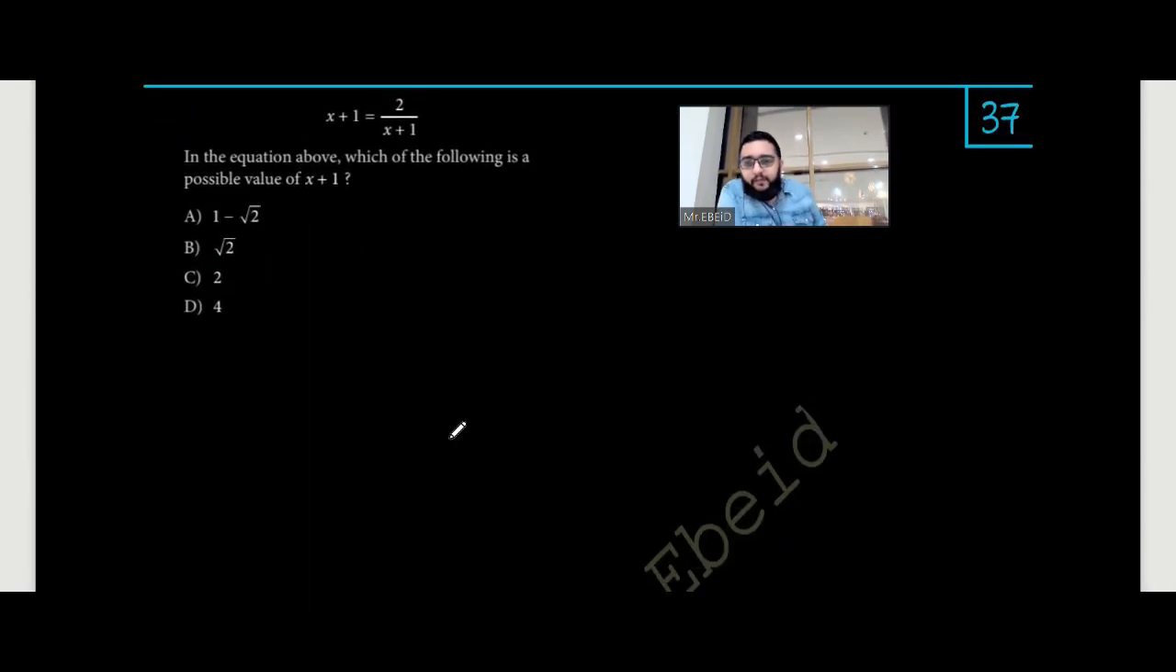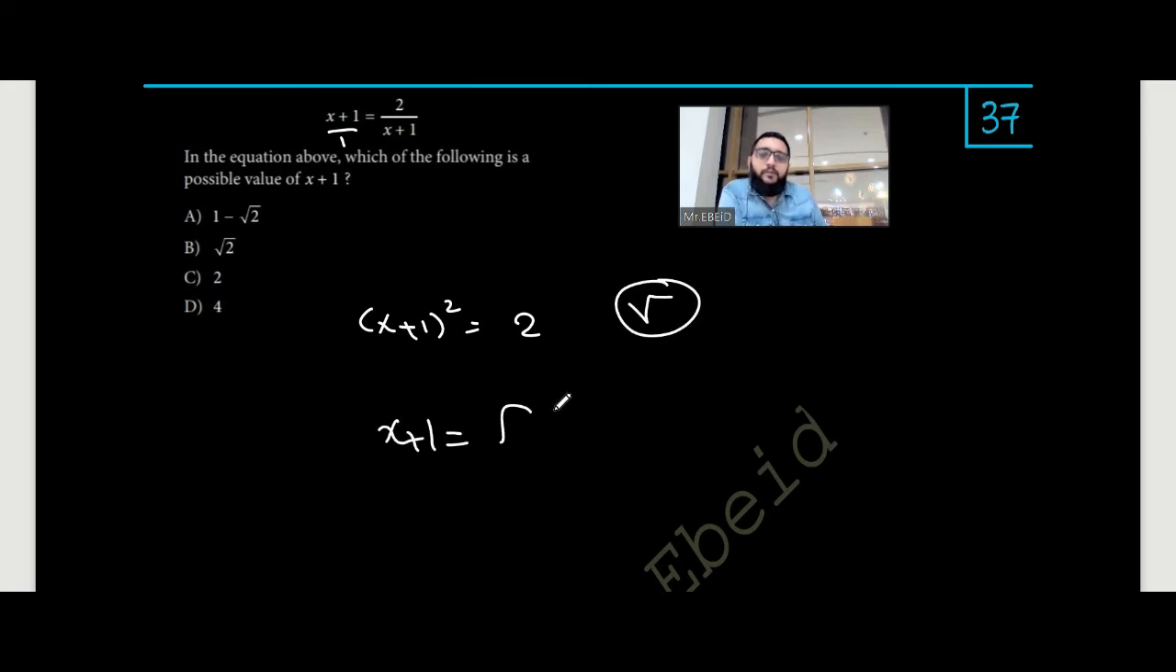Question 37. x plus 1 equals 2 over x plus 1. In the equation above, which of the following is the possible value of x plus 1? Using cross multiplication, you will multiply x plus 1 times x plus 1, which equals x plus 1 squared, and 2 times 1, which equals 2. Taking the square root of both sides, x plus 1 equals the square root of 2, so the answer is